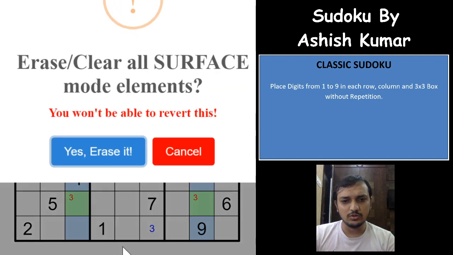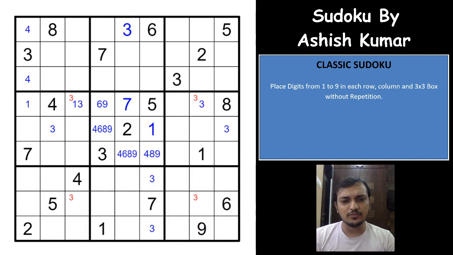And now we have found the X wing of 3, but this doesn't stop here, because with this we don't get any progress here or any digits here. So now we will have to find the swordfish of 1. As I constructed this Sudoku recently, just a day ago, I remember the whole solve path, and the next thing is that we will have to find the swordfish of 1 in the rows 1, 4 and 8 again, right? So let us see if we can find the swordfish of 1 here.